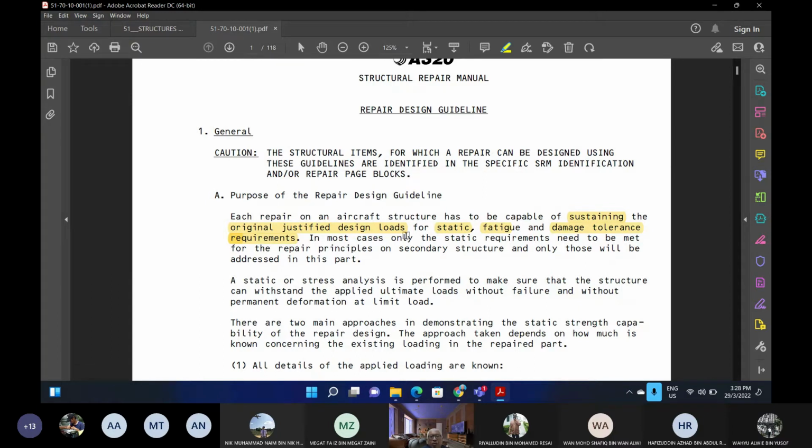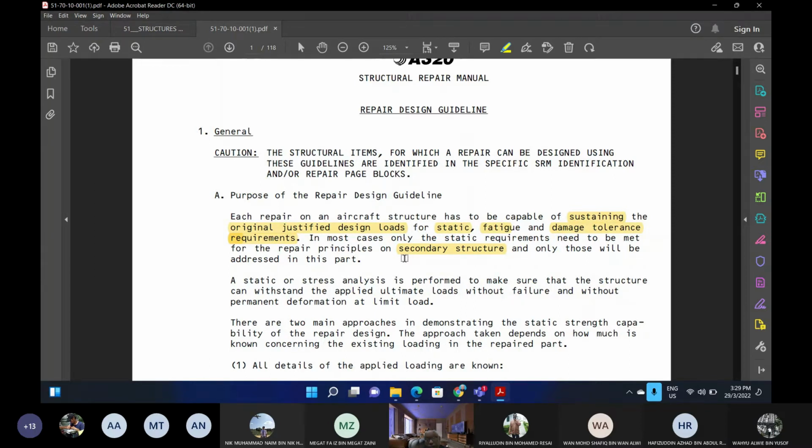In most cases, only the static requirement needs to be met for the repair principle on secondary structure. So for secondary structure, we only work on repair on the static. Fatigue and damage tolerant is not required to be justified, because fatigue and damage tolerant require, first, a more competent